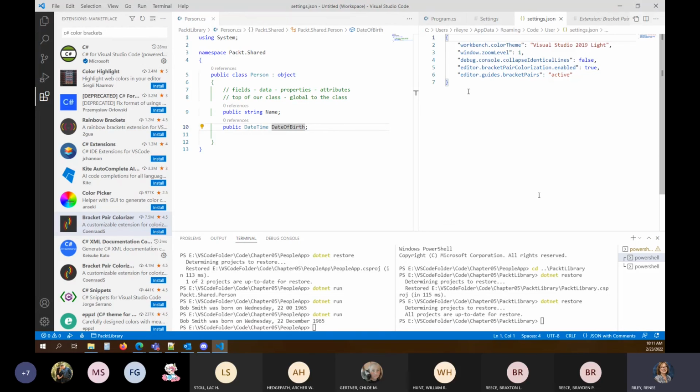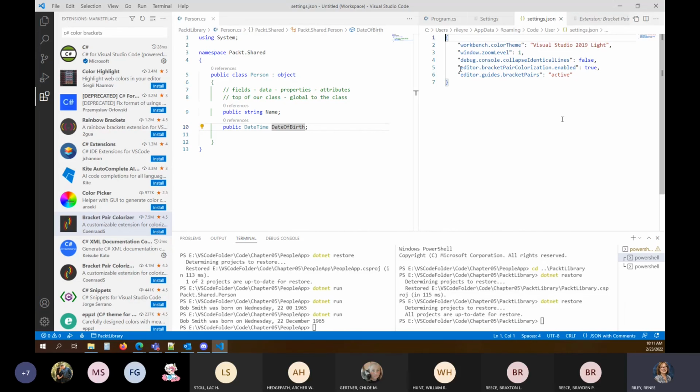So it's these two, number 5 and number 6, editor.bracketPairColorization.enabled, it's true, and editor.guides.bracketPairs is active. And if you can't find that right now, don't worry. We'll find it again next time at the beginning when we have more time to make sure that it's all set right.